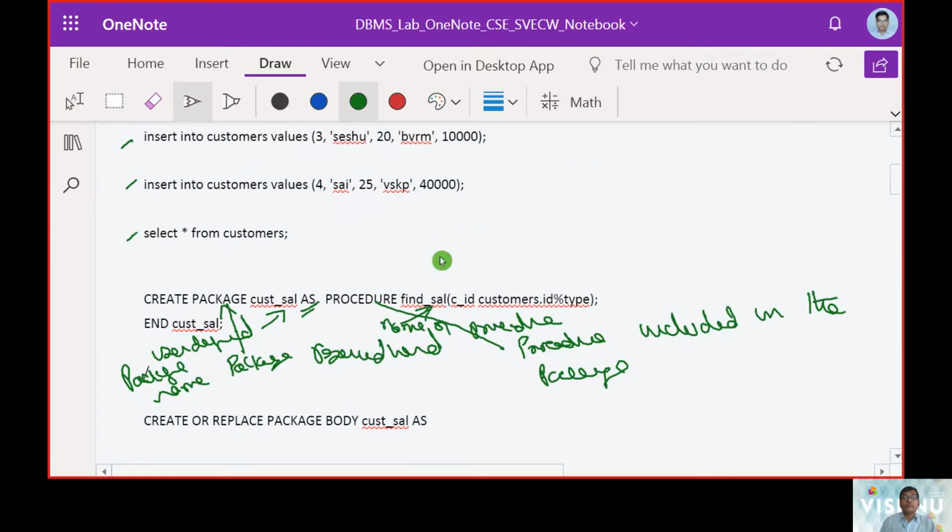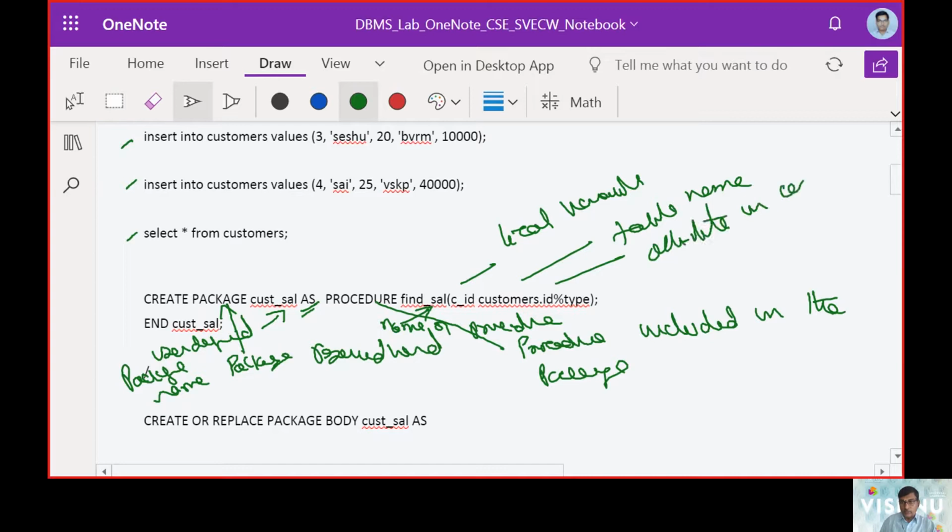Then we are going to have customer ID, which is a local variable. Customer is the earlier table name, ID is an attribute in the customer table, and then the data type. So these will be the key items here. Create and package we call here the keywords.